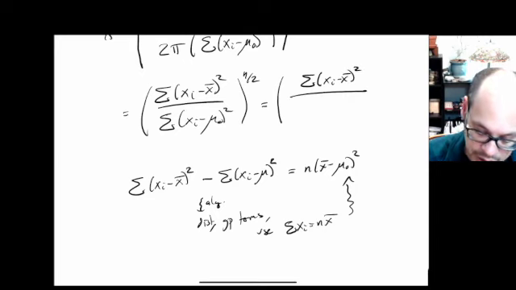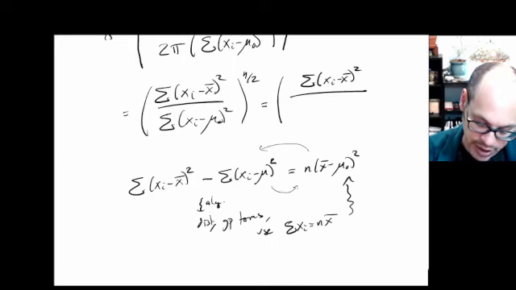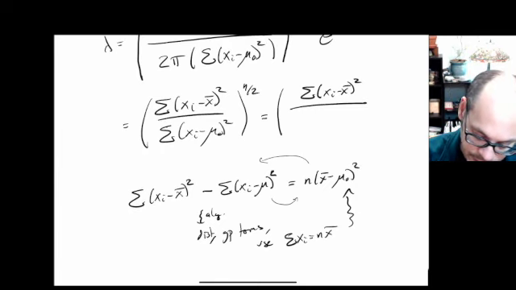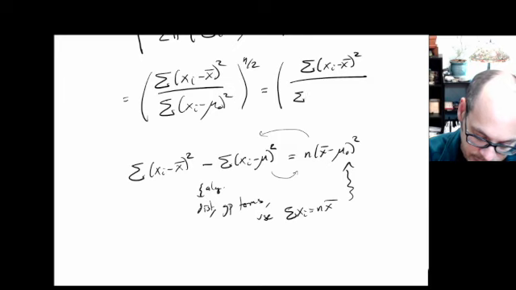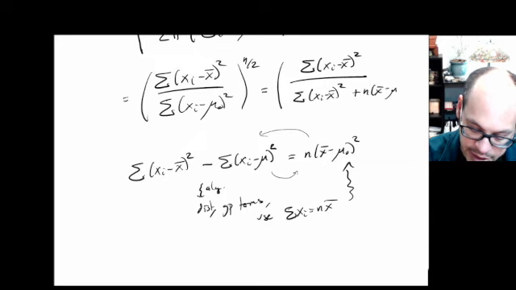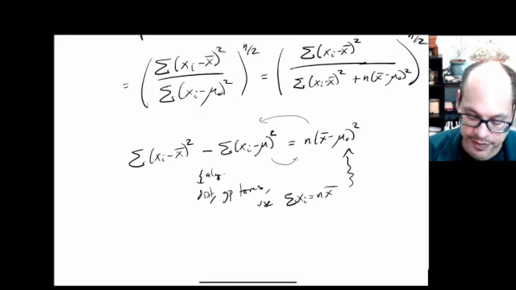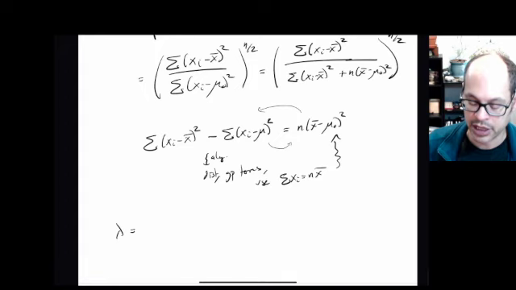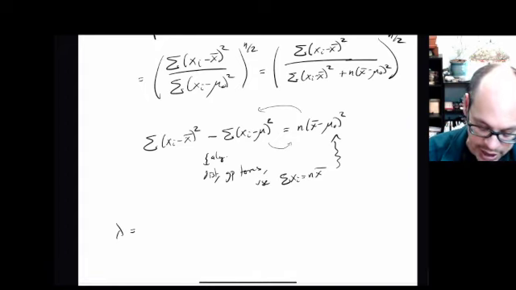I get this divided by, let's see, so if I move this term to that side and this term back here, using mu as mu naught, I would get, what would I get? The sum of the xi's minus x bar squared plus n times x bar minus mu naught squared, all that to the n over 2 power. Okay, let us continue. So lambda is that, but I can,